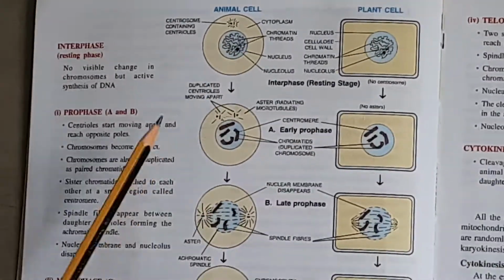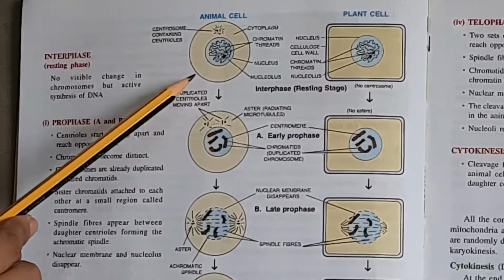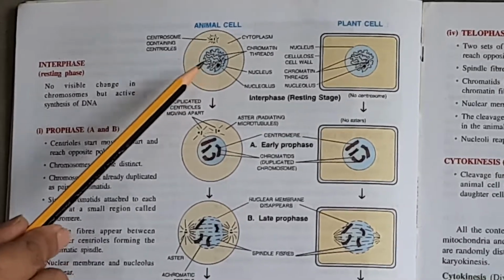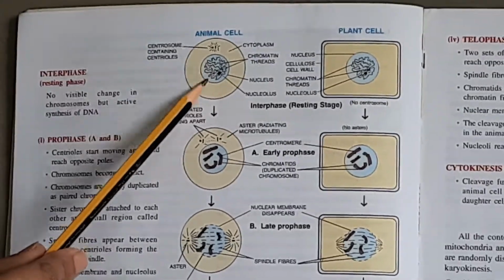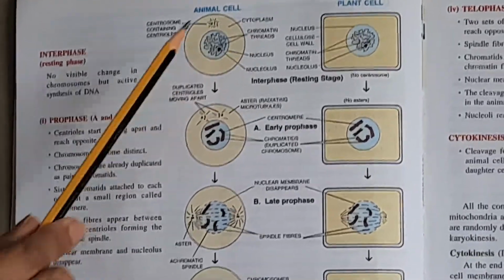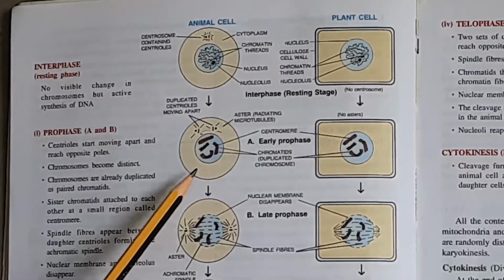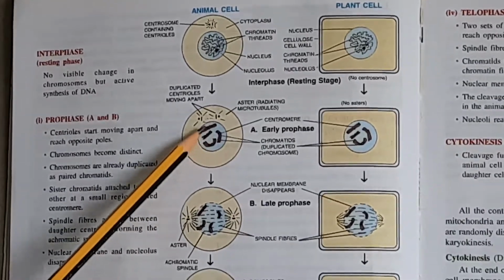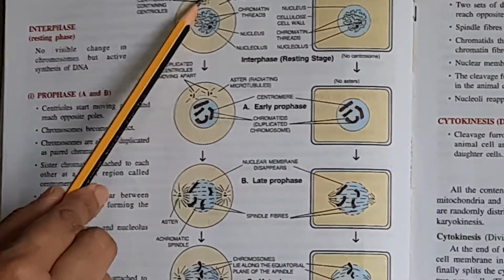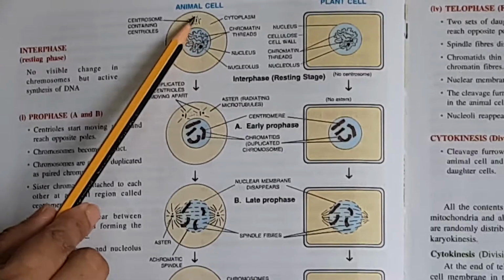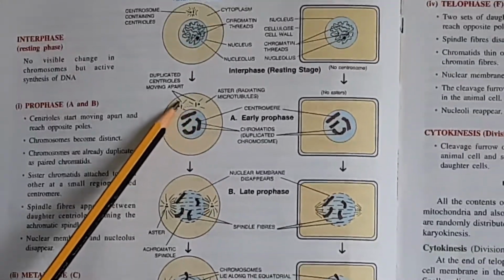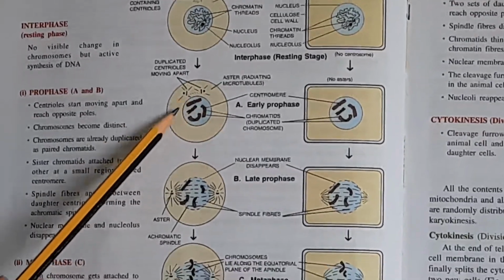Now starting with prophase. I have already explained that interphase has the chromatin network. During prophase the chromatin network will become thick, short, ribbon-like chromosomes, and they will always be shown as ribbon-like structures. So in prophase, as you can see here, short, thick, ribbon-like chromosomes have been formed. Now this centrosome, which was containing 1 centriole, will divide and form 2 daughter centrioles. These 2 daughter centrioles will start moving towards the poles.